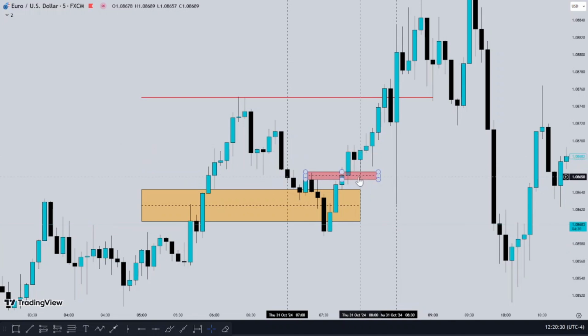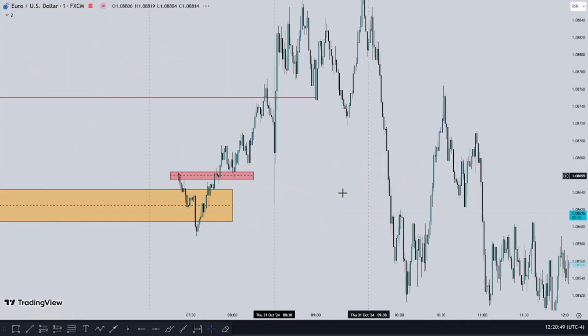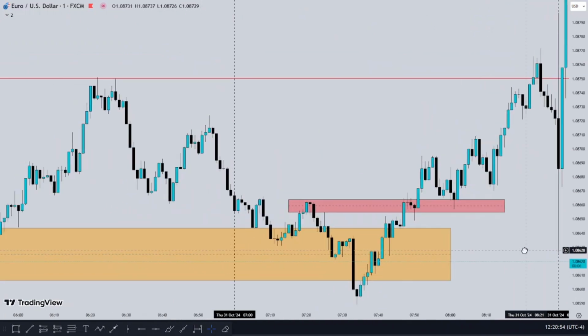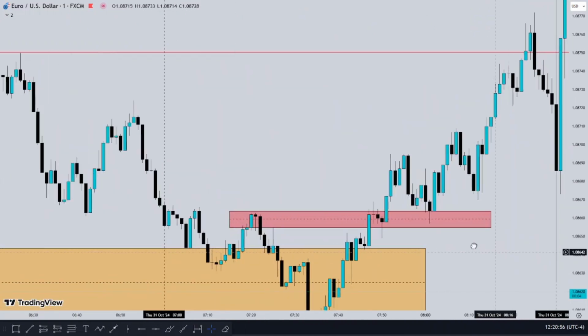Price retraced to the fair value gap, breakers candle. Price retraced to the breakers candle. You're looking for a trend continuation for price to trade to take out the buy side liquidity. This is a complete trading model. Now let's go to the 1 minute. On the 1 minute,